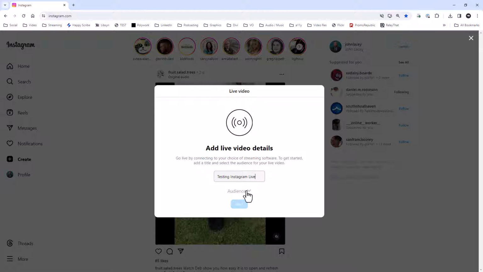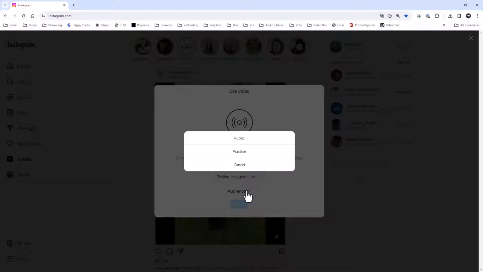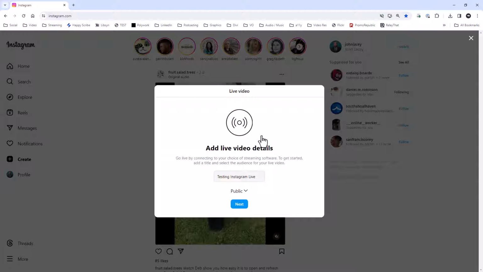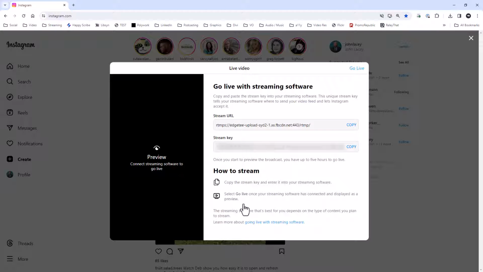And we have the ability to choose a different audience. So you can go public or you can practice. In this case, I'm going to go public. I'll hit next. This will give me a stream URL and a stream key that I can copy and paste into my software